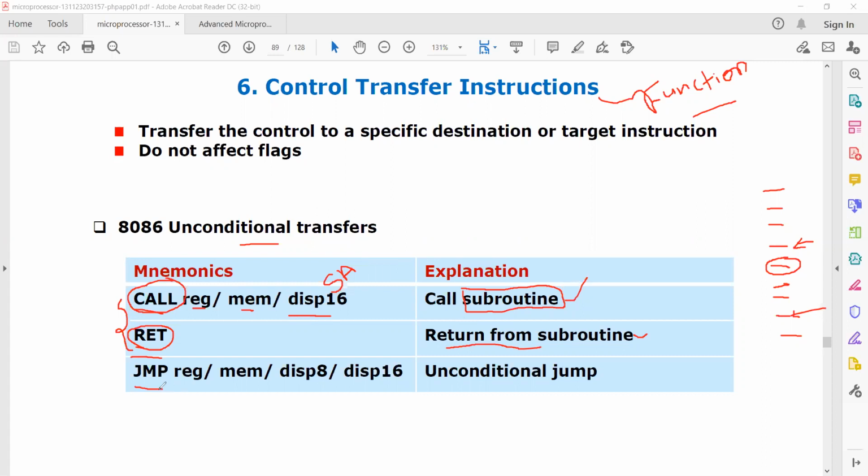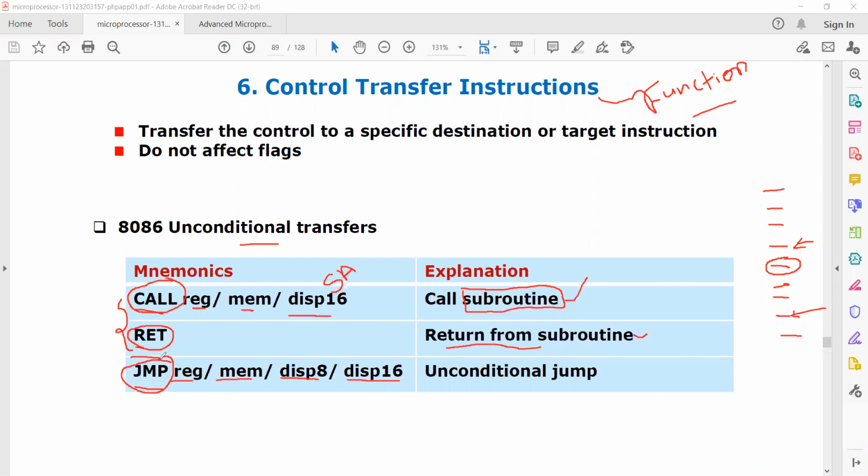And similarly, jump. So JMP means what? Jump. Jump to a register location, jump to a memory location, jump to any other displacement location or any other 16-bit displacement location. Here we are not specifying any condition. We are just saying jump.